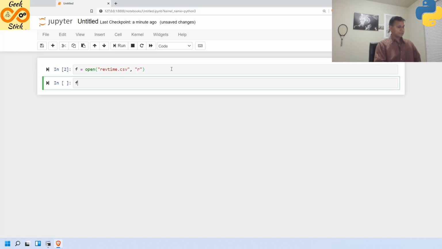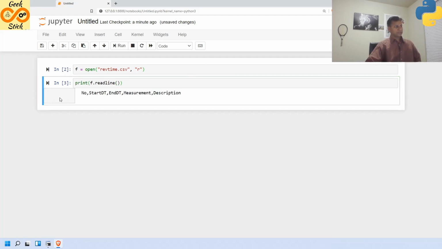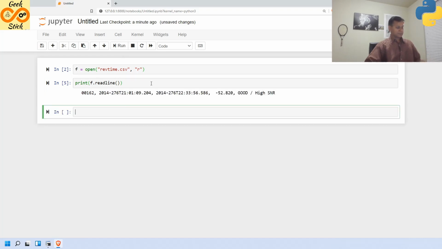Then shift enter, f dot, and now it will show readline. So readline is a function. Yes, the first line got read. Very good. For reference, I need it for some time. So next I'm going to do the next line. To create a new cell for execution we press shift enter, and to execute in place we press control enter. If I say control enter, it will be executed, and with shift enter, a new cell will be created.